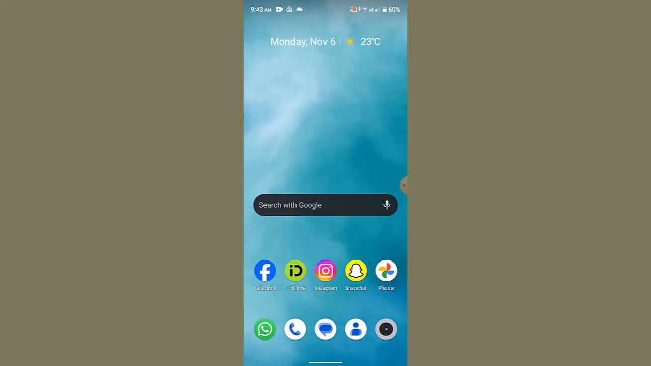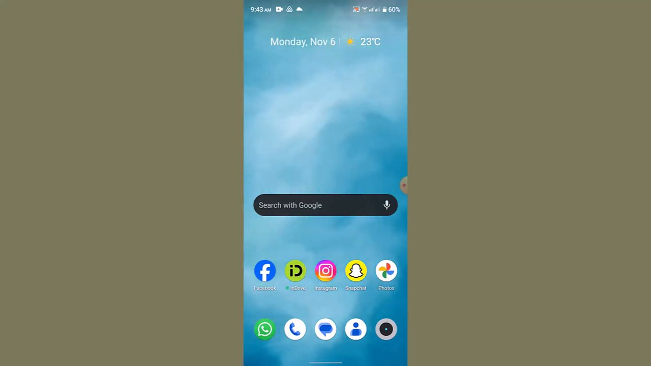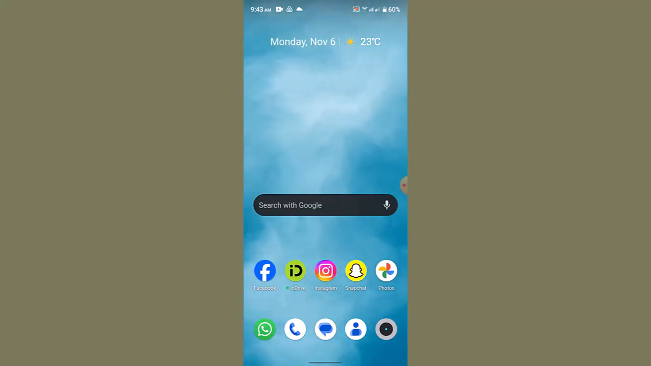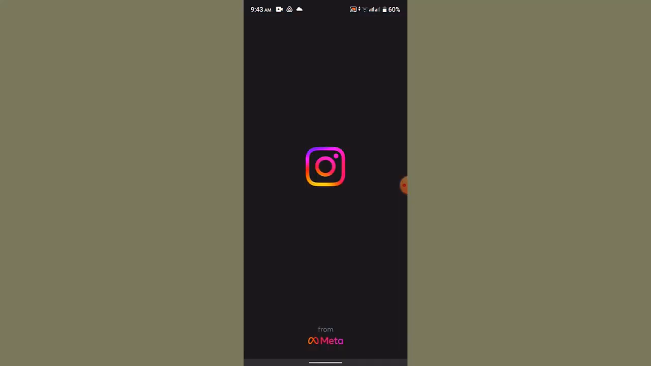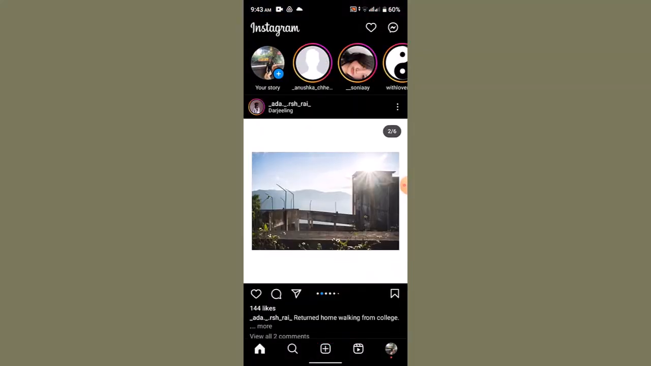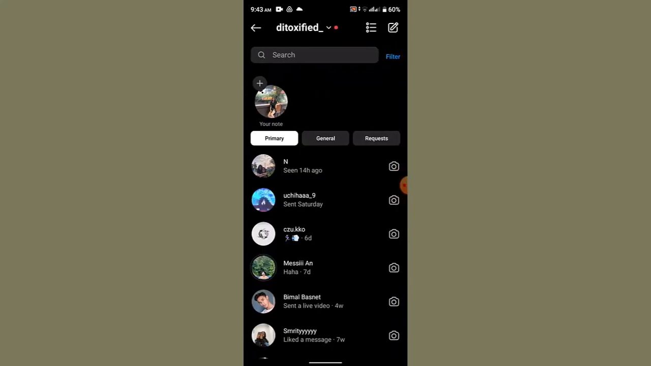Today I'll be showing you the ways on how you can fix the message not sent issue on Instagram. Now if you are unable to send a message on Instagram to a particular contact or a particular person or user, here is what you can do to fix it. Let's say you are able to send messages to other users, but for that particular person you're unable to send messages. So, in order to fix it, first of all,